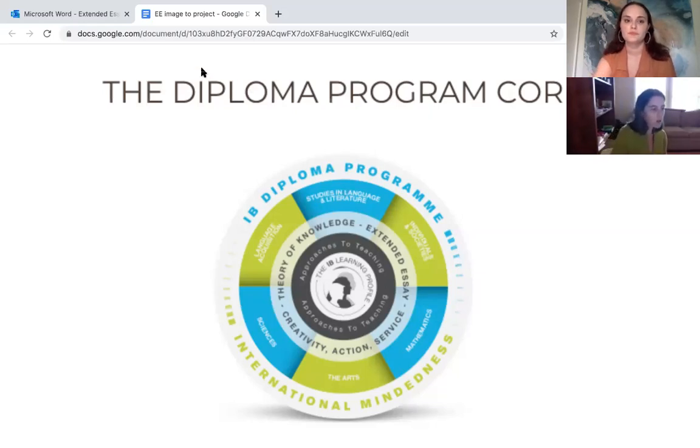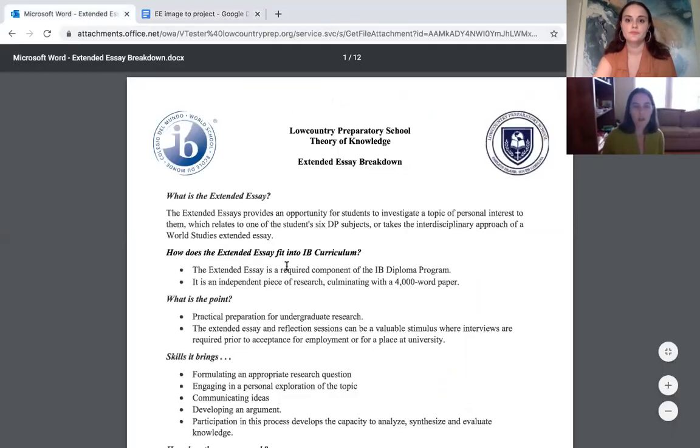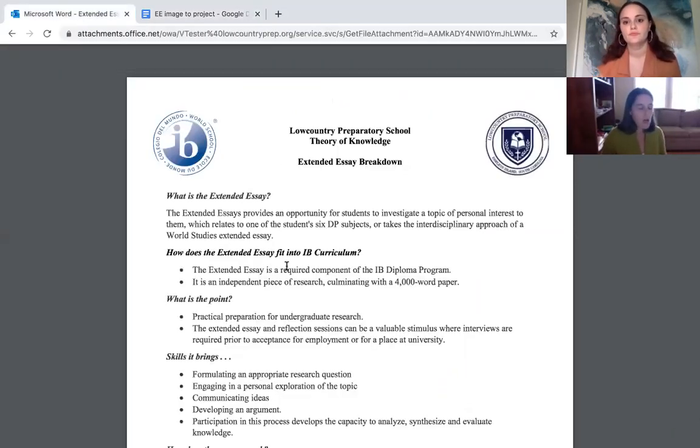And I'm going to now talk a little bit more about the extended essay and really what is it. So the extended essay is a great opportunity for students to investigate a topic that's of personal interest to them. And this year we had one student write about the meltdown of the Fukushima nuclear power plant. Another student talked about the correlation between violence and video games. And then our third diploma candidate this year talked about the state of sex work in modern America. So you can see the topics are extremely varied. They connect well to our students' passions and the classes that they really are excited about.